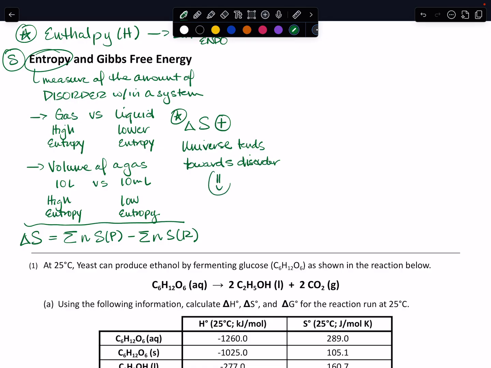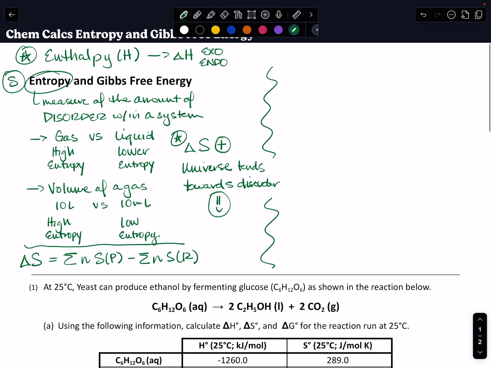That is what the universe likes. All right, so we know that enthalpy, we'd like to see energy released into the universe. For entropy, we like to see the disorder increase as we move from the reactant side to the product side. Now, what does that mean in terms of the total energy of the system? Well, that's where Gibbs free energy